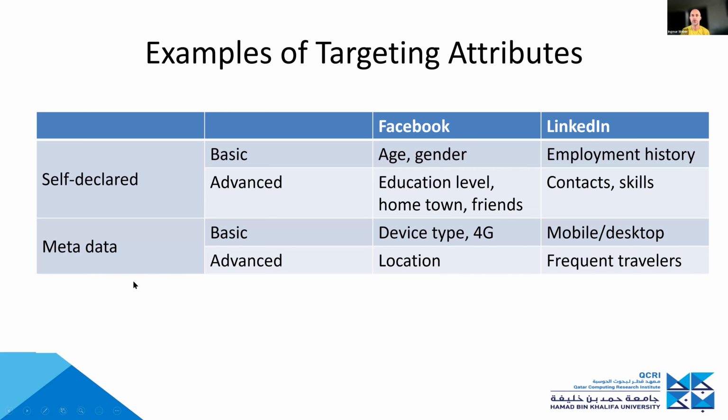Then you have certain things that are metadata, right? For example, the device type. I showed you something about Android and iOS before, right? You don't explicitly declare this. This is metadata based on how you connect to the platform. Similarly, you would not explicitly declare your current location, but that's inferred either from your GPS if that's enabled, or from your IP address, or from the Wi-Fi you connect to, etc. And similarly, your connection type is also used by LinkedIn, as well as whether you're a frequent traveler.